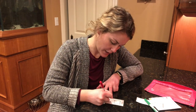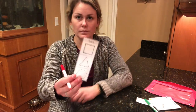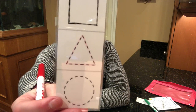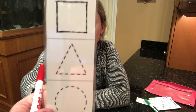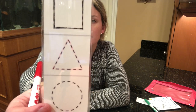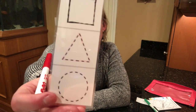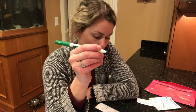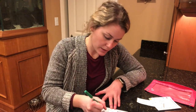And I'll show you that for the triangle. Here is the triangle with the fine, so you can really almost barely see the red. But that is so that you're still tracing it, but you can still see those dotted lines. And then the last one is a thicker marker. So this might be a preference that you would prefer your child to use or your child would prefer to use, or they may just need this for the first few times they do it until they get a hang of it. So I'll show you